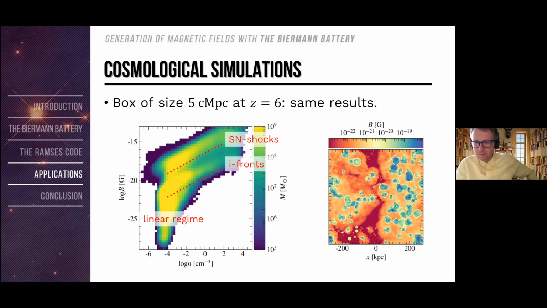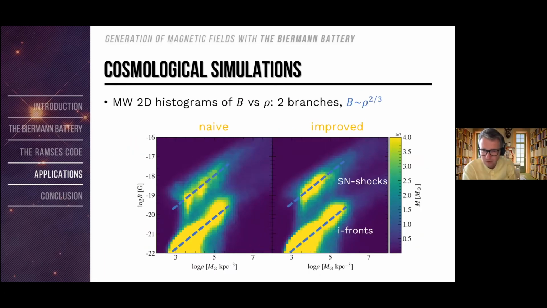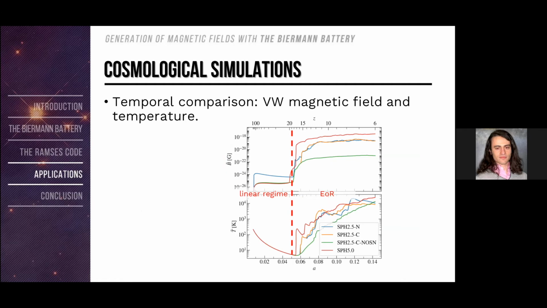Can you go back to the plot where you showed the magnitude of the magnetic field as a function of time with the different simulations? Oh yeah, this one. Why do you get a higher magnitude in the larger volume simulation than in the smaller volume simulation? So this is what we found out when we ran the simulation, that we have one order of magnitude higher magnetic field for the larger box. But the effect, aside from that, of changing the volume is not noticeable.